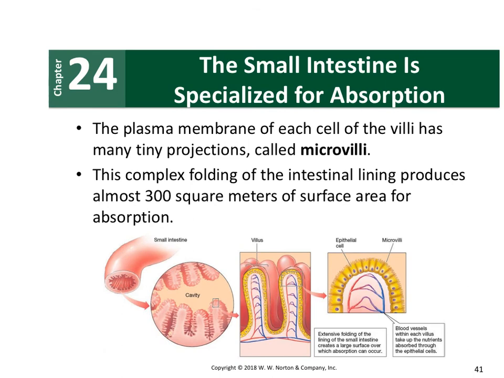So, the plasma membrane of each cell of the villi has many tiny projections. So the villi are actually made up of even smaller things called the microvilli. And they have complex foldings of the intestinal lining, kind of like